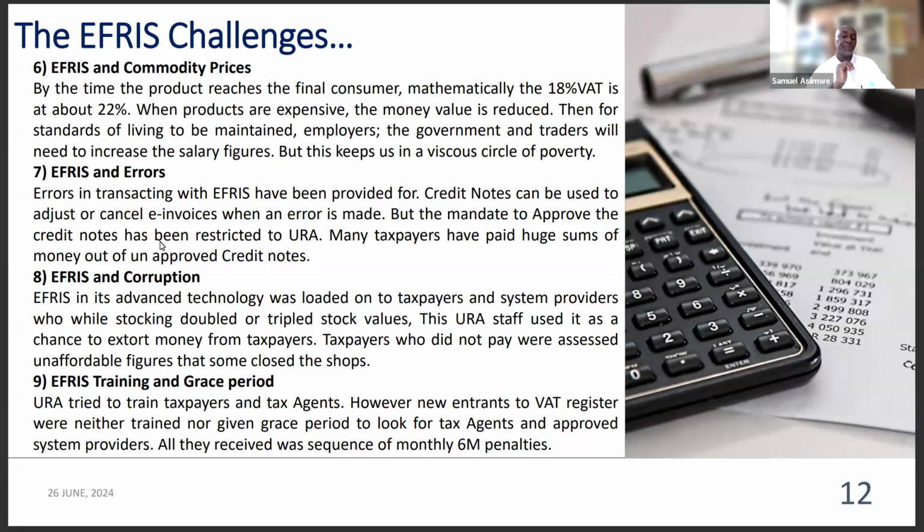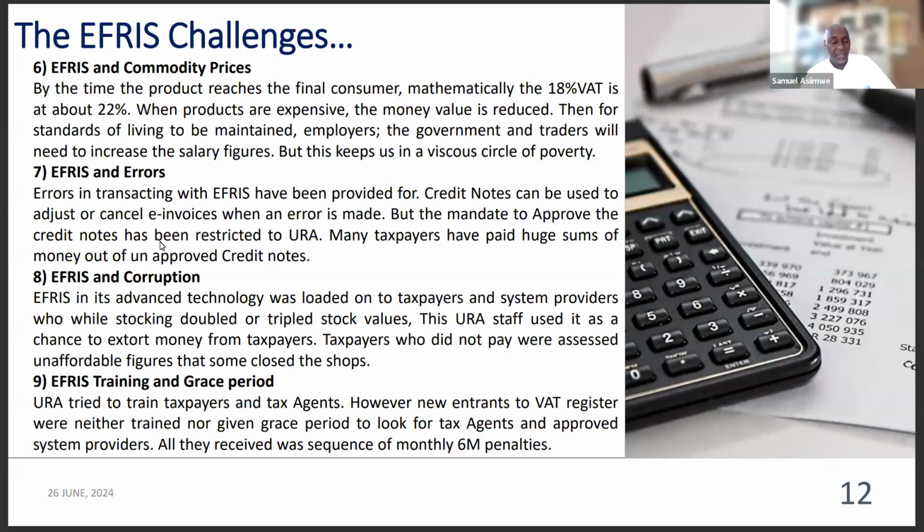So they will tell you, you have already sold the 1,000 because you had put them in the system. You have already sold them, and they did not pass through our system. So you are bound to pay the VAT component that you bypassed. I may say it that way. And in this way, taxpayers, some of them paid, some of them were assessed unaffordable figures, and some of them